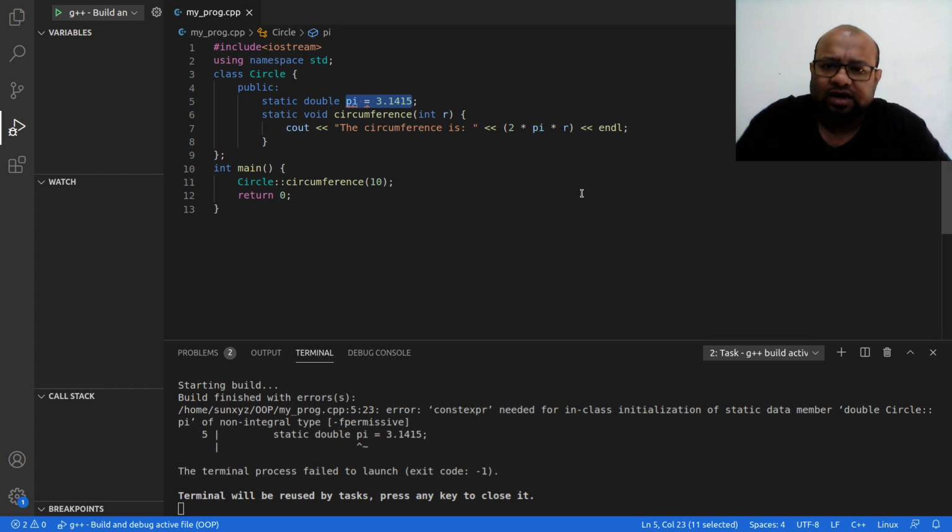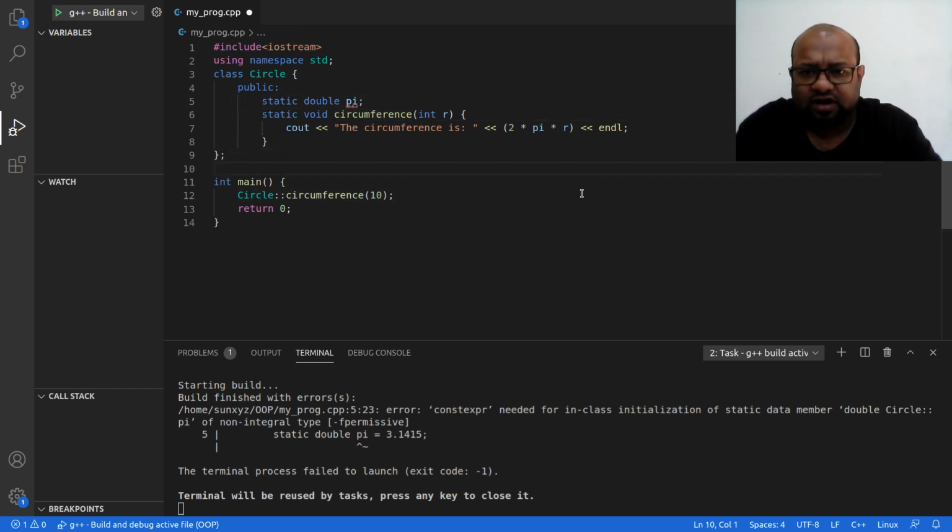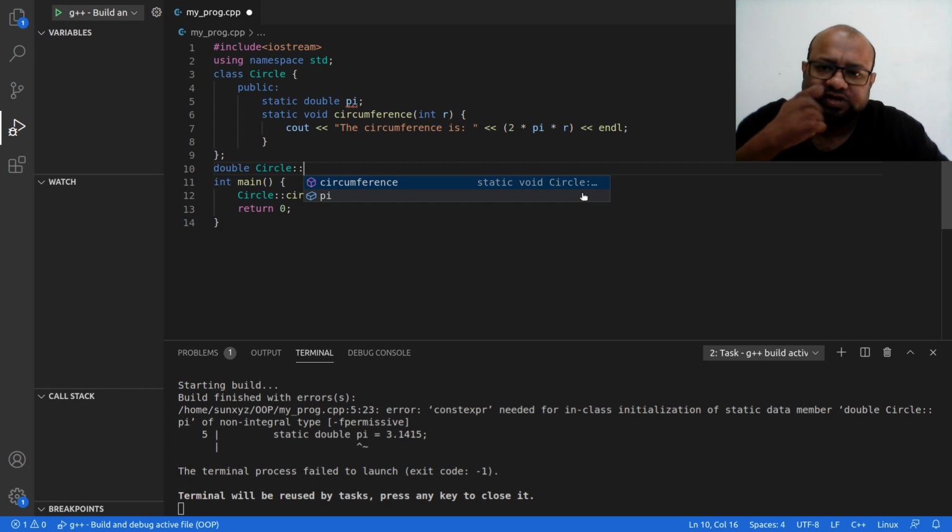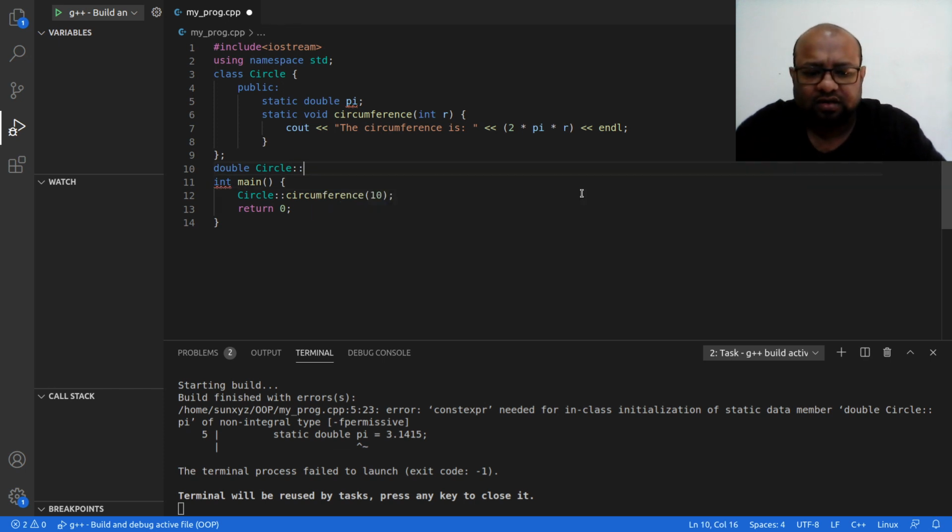So that is not a problem. Let us go ahead and initialize it outside the class. So this is double circle scope resolution double colon pi is 3.1415 and the semicolon at the end.